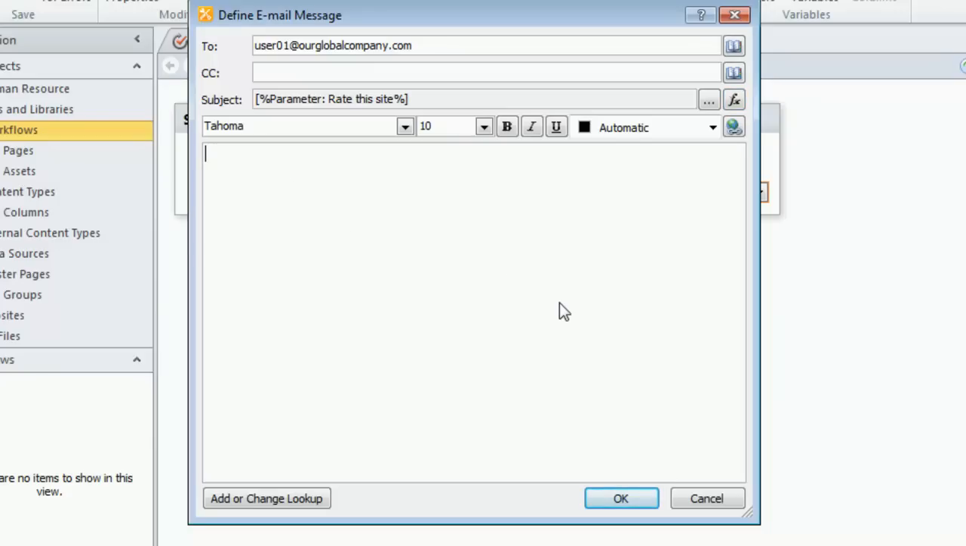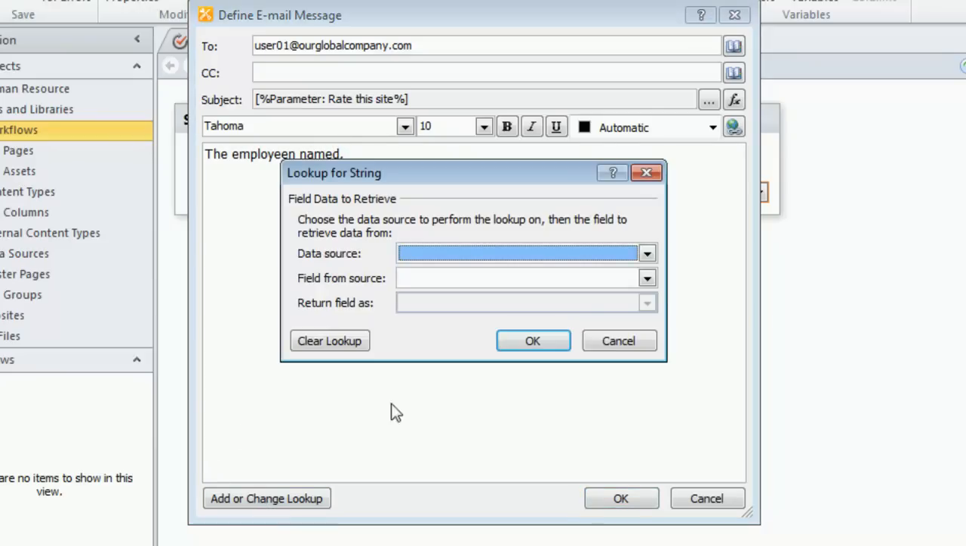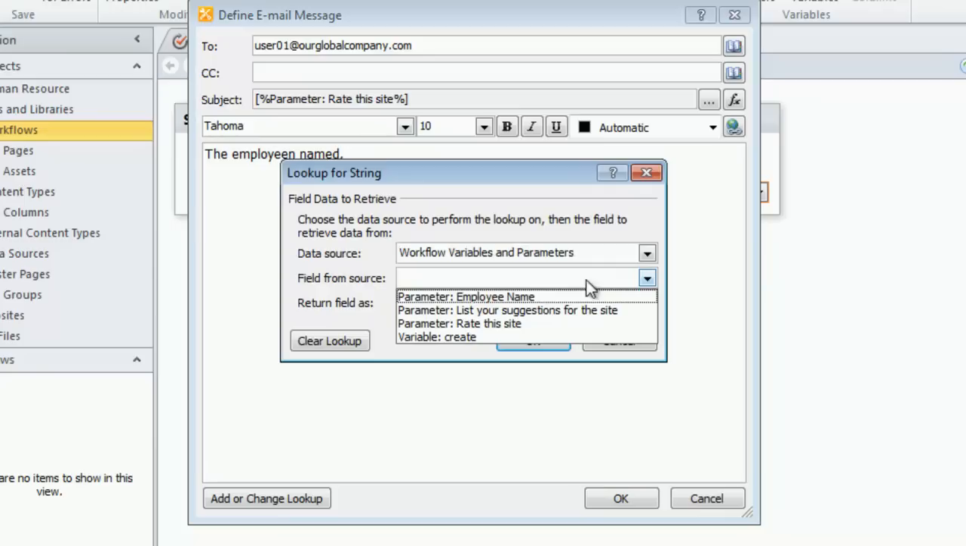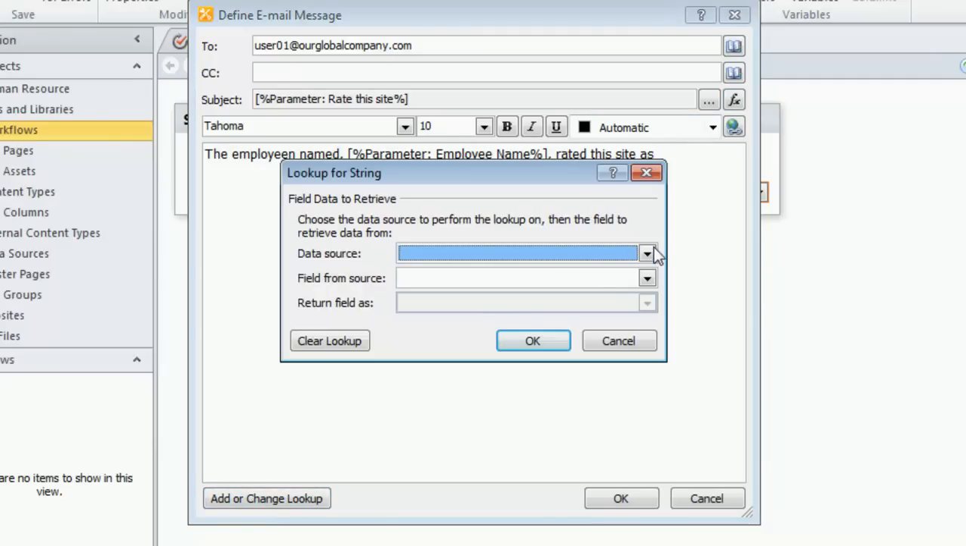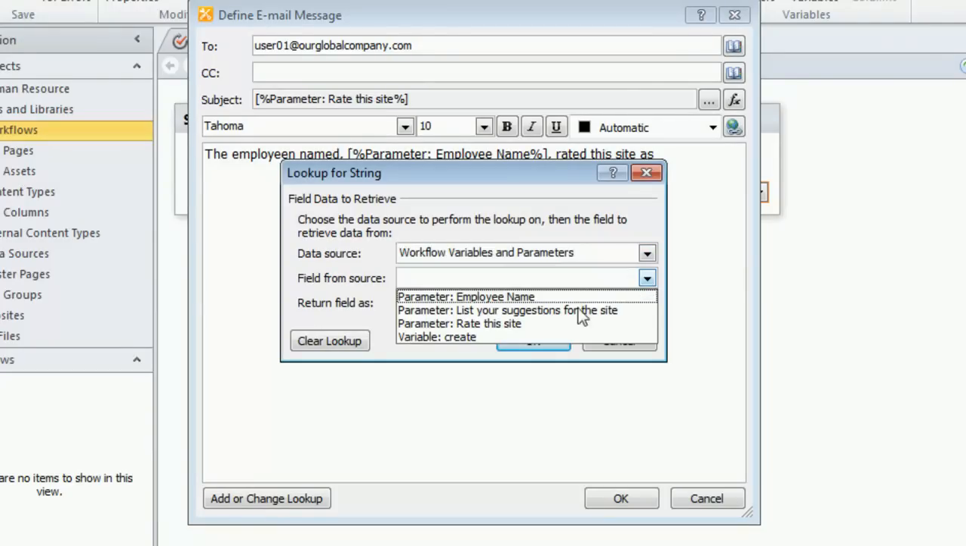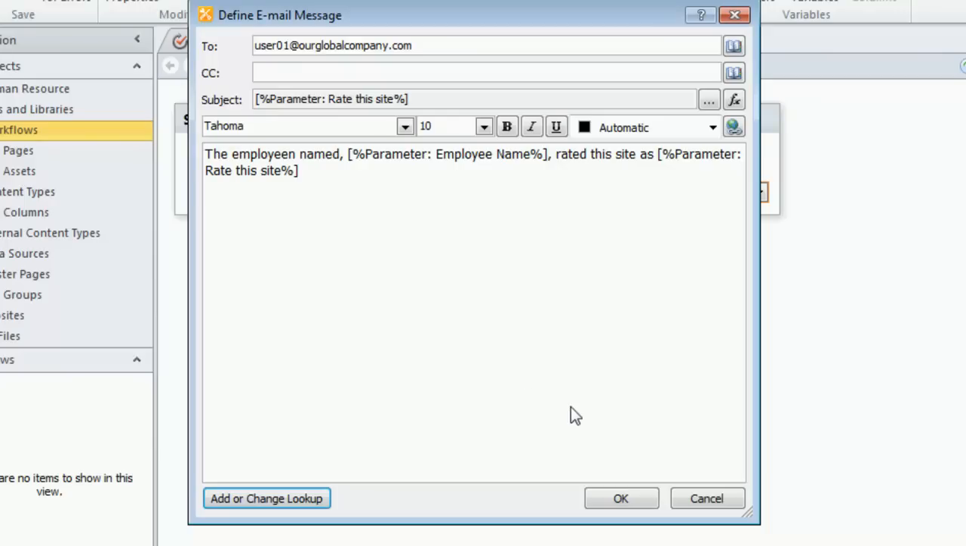Now, in the body of my email, I might want this to say the employee named, comma space, and I can do the add or change lookup to dump from my variables the employee name field into the body of the email, and then rated this site as, and then a space, and maybe I'll dump in the rating from the variable as well. Who knows? And you can obviously set this up however you would like the email to read. Please go check the site. Who knows? Be happy